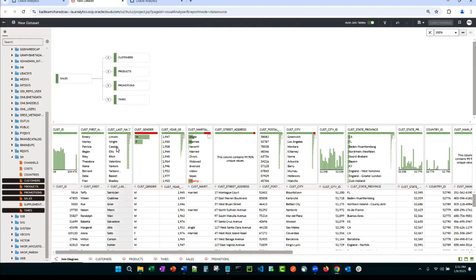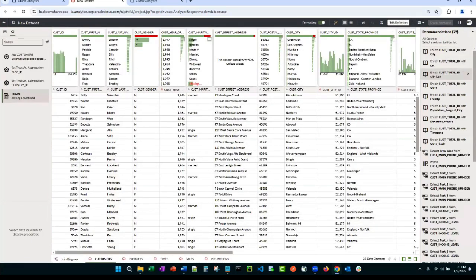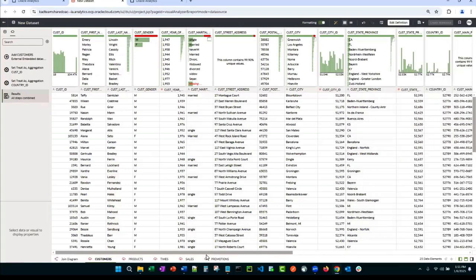And this looks pretty close to the data preparation screen we were at earlier. That's because it's the same screen. We're just on this join diagram. If I go directly into one of these objects, this is the same data preparation screen we were on before, and we can do all the same features. This just happens to be a database connection versus a flat file, but it acts no different.